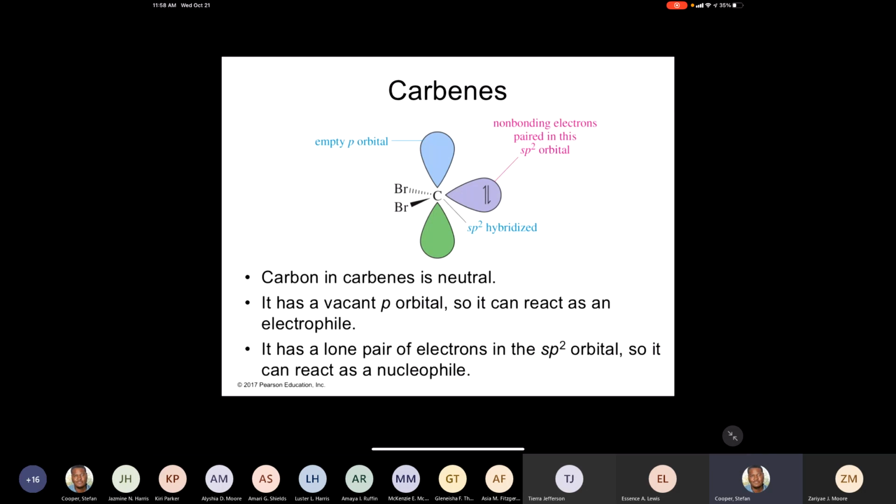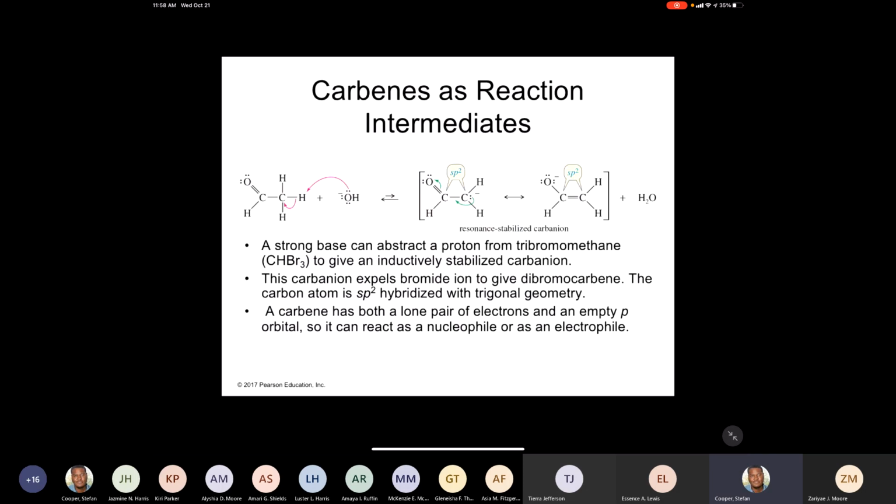All right? And this is why they're very commonly paired with metals. Metals have that same property, right? I can add electrons into some metal bonds, but also metals contain electrons that can make bonds, all right? And carbenes have some very unique chemistry. Actually, some really cool chemistry. So if you wanted to